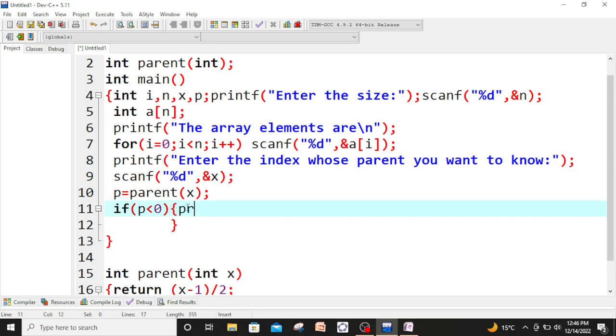Index starts from 0, so there must not be a negative value. If it comes, then we say